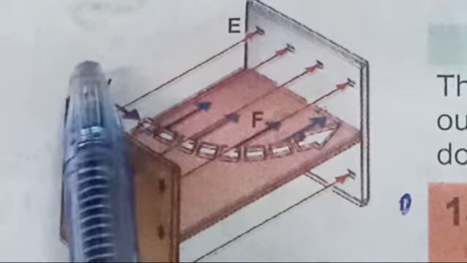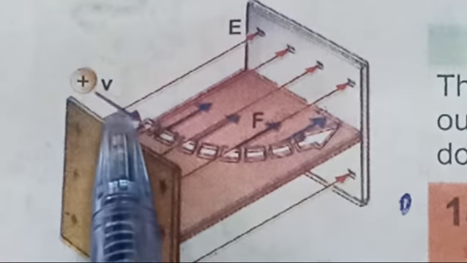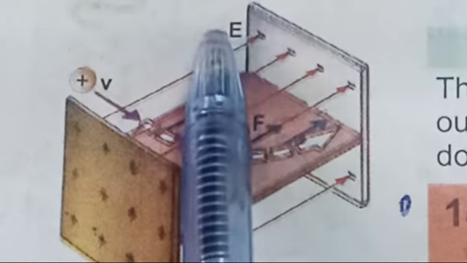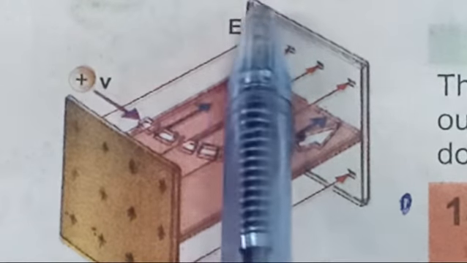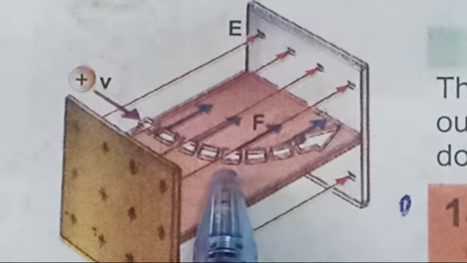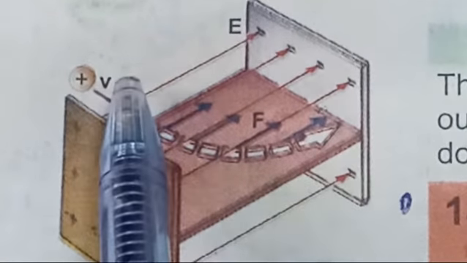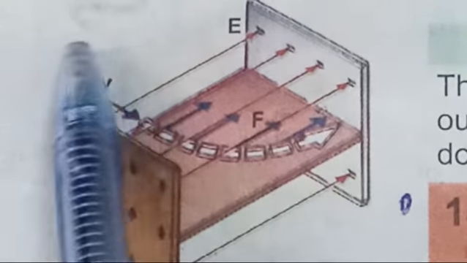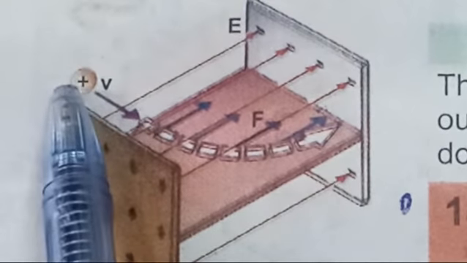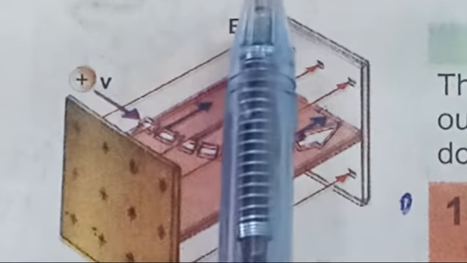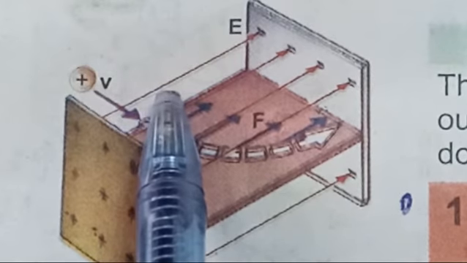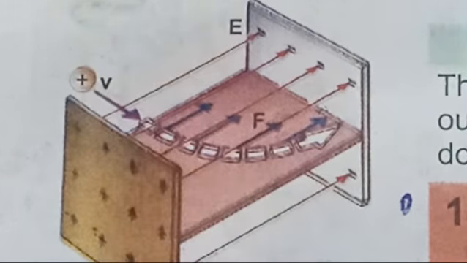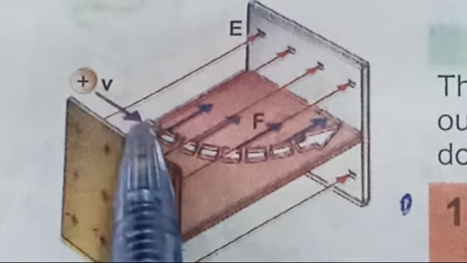When a charged particle Q is moving with velocity v in a region where there is an electric field E and magnetic field B, magnetic field is represented by B. Then the total force F experienced by this charge is the vector sum of the electric force, that is QE, which we have calculated, and the magnetic force, that is QV cross B. Always remember, magnetic force is a deflecting force, right?